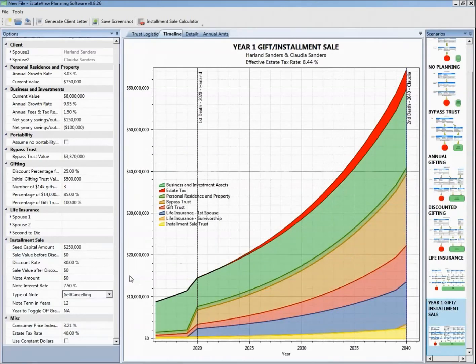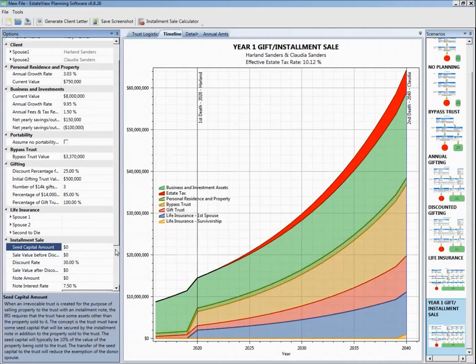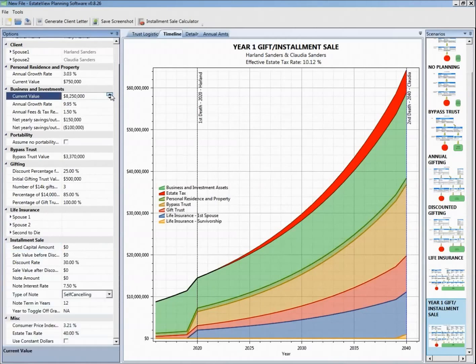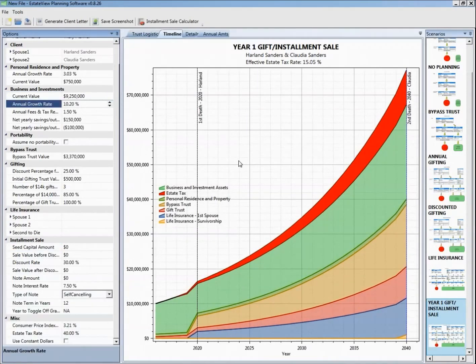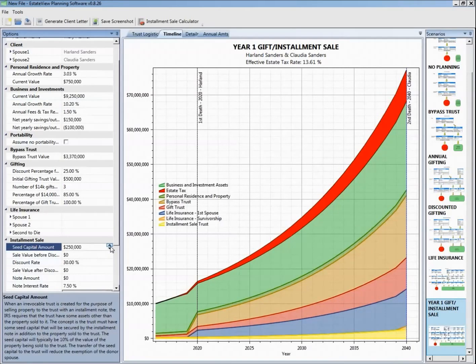Here they are with the installment sale. And you see the estate tax there in red, and you see that these other planning techniques have reduced the estate tax. Let's move their assets up, move their growth rate up, and see that they have a more serious estate tax situation. But what if they make a seed capital gift of $250,000, which you see on the left-hand side, and then they put